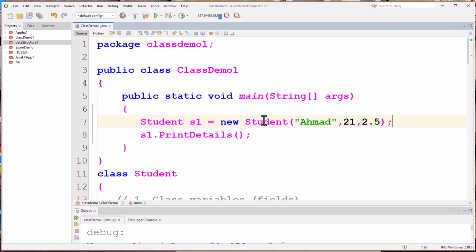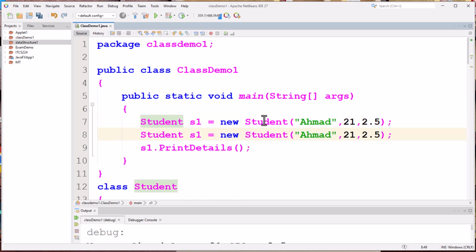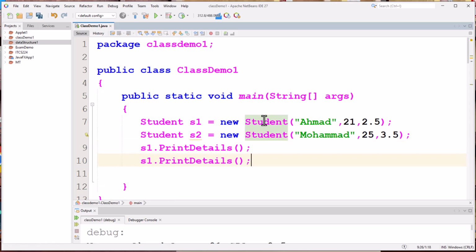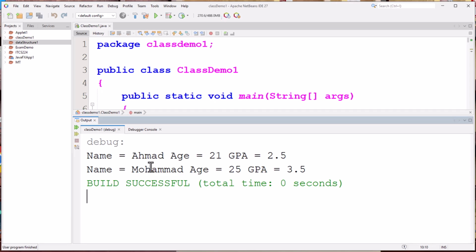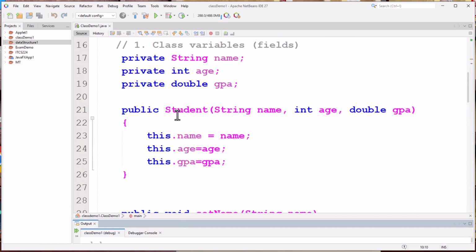So similarly, I can create one more object like this. And I need to call this one with, you can see here we have two objects. So this is how you can create